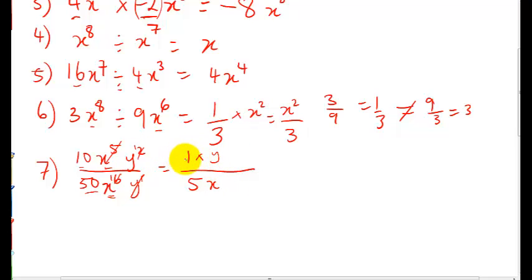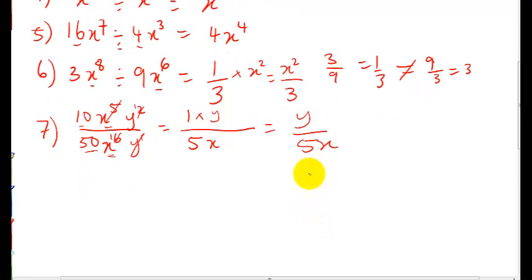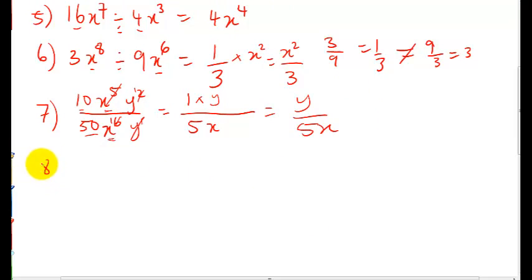So yes, you could have just gone and changed that 1. But again, we don't write 1y. It just looks pretty bad. So we just write y over 5x. Y over 5x. Okay? So 1 times y turns into a y. Let's do another one of those ones. Let's go with